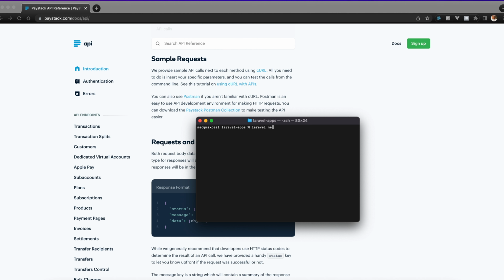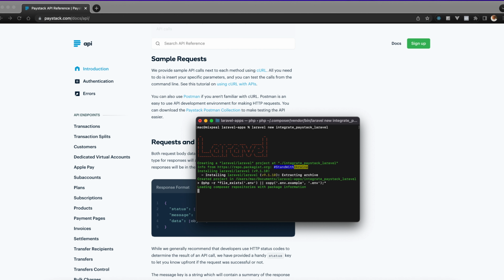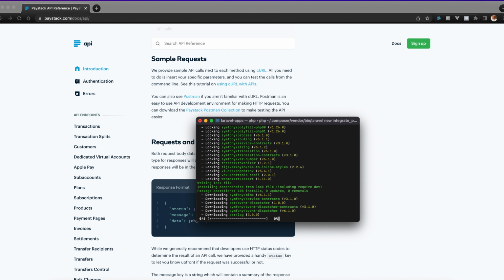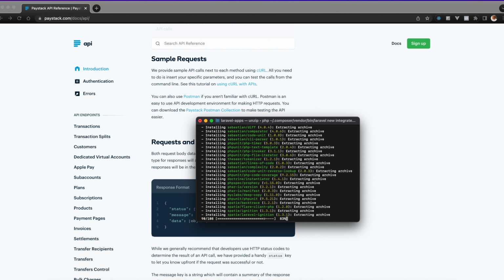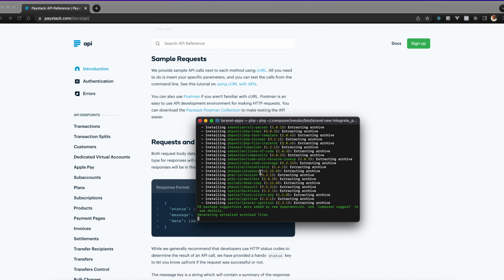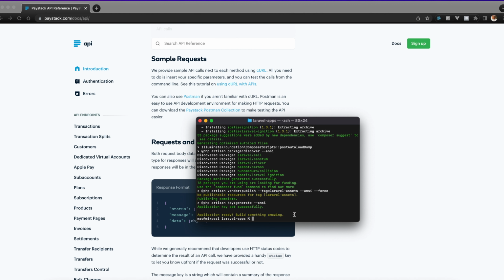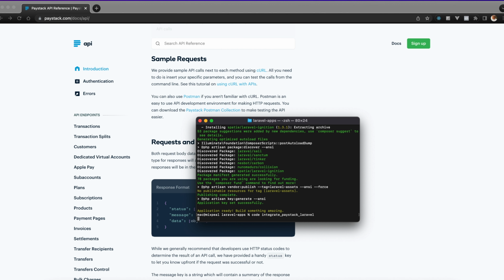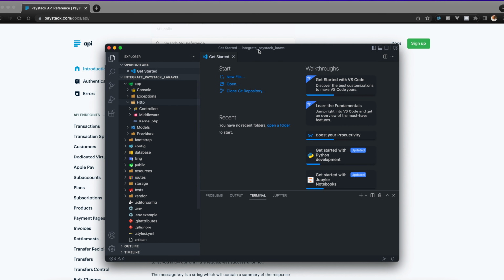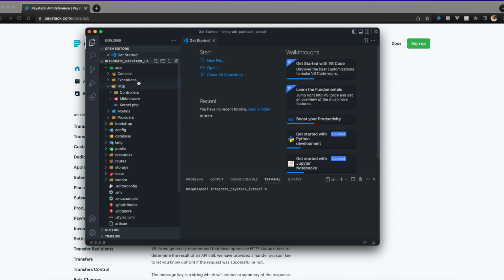Laravel new integrate-paystack. So that's the name of the project. Okay, so I'm going to open that now in our text editor. In my case, I'm using Visual Studio Code. So the first thing we are going to do, let's talk about how a payment gateway works,